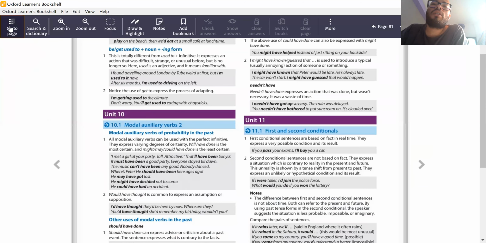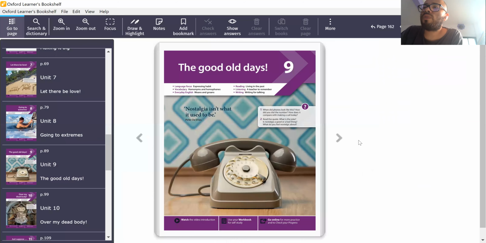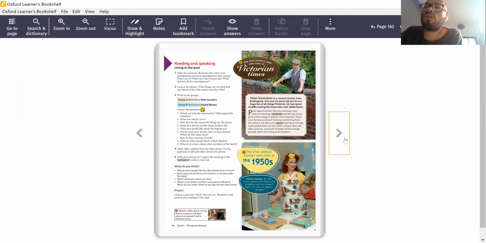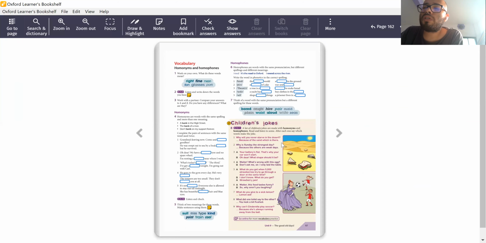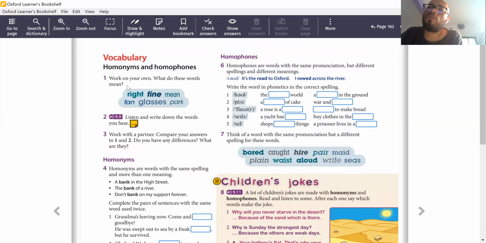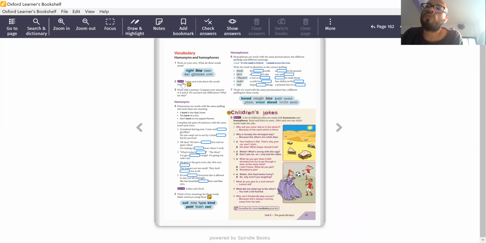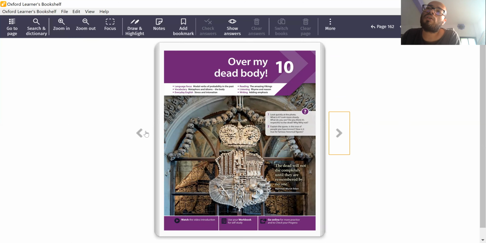Okay, very good. Then, well, we didn't have to finish it now, but we did the reading. So I would say that's it for today. Well, actually, I don't have the audios for this page because on YouTube there are none. But it's about homonyms and homophones. No? Similar words with similar pronunciation or the same pronunciation but different words, right?